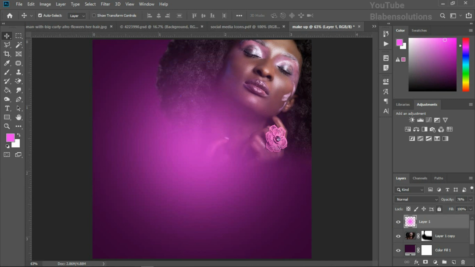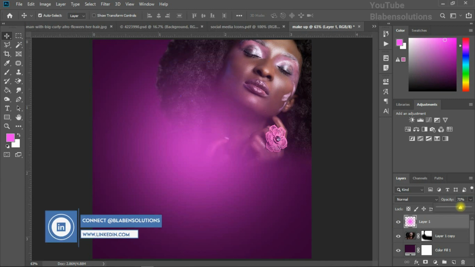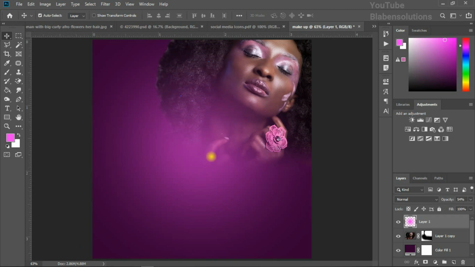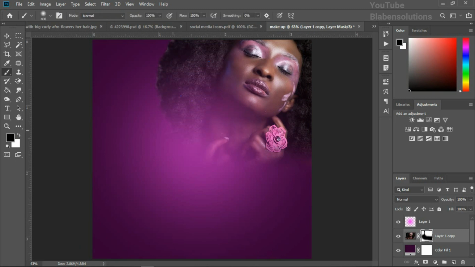So I'm just going to reduce the opacity of this guy way back to something I think might best work, and we can actually use that. So with the image still selected, let me reduce the size. You could see that with the hair, there are some portions here that don't look very well. So I can just clean some portions in here just to make it a bit